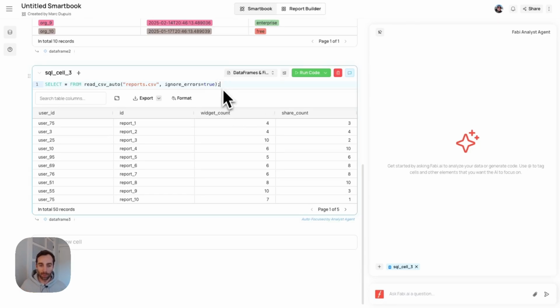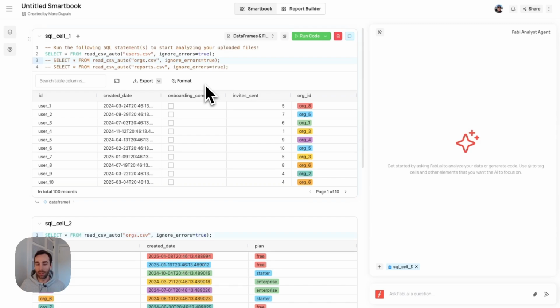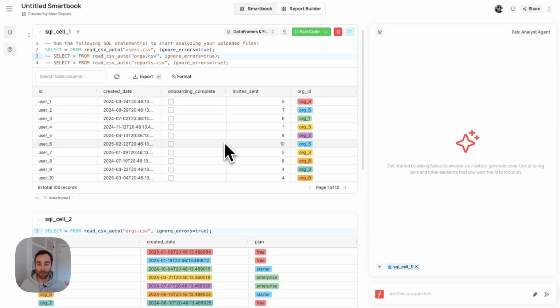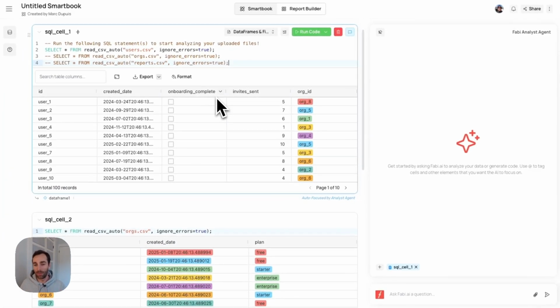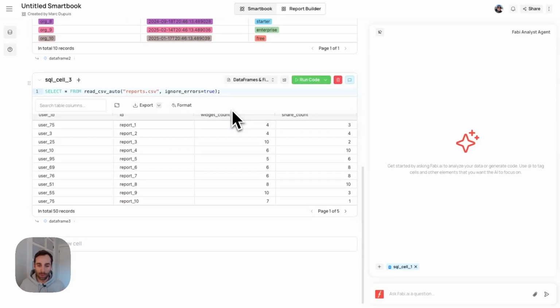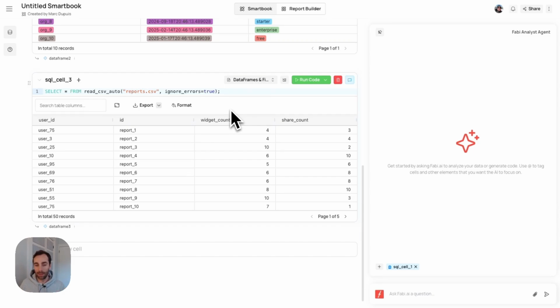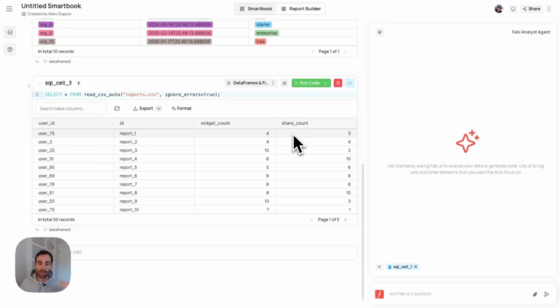For example, if I have my list of reports here, I could have theoretically aggregated that number up into the user. So I could have a column here that says number of reports by user, if I think that's a metric that I need to look at, and that might be an indication of engagement or conversion, so on and so forth. Instead of doing that, if the report is a core concept and there's more details within the report that matter, like the number of widgets or number of times that report was shared,